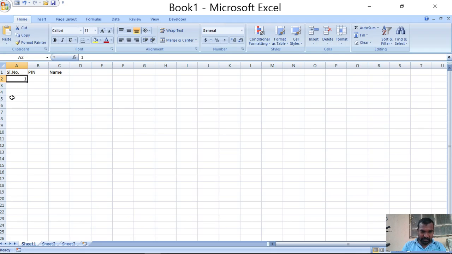I have entered 1 and I am clicking on that particular cell. The content of the cell is appearing in the formula bar. If you want to perform any modification, you can do it in the formula bar.